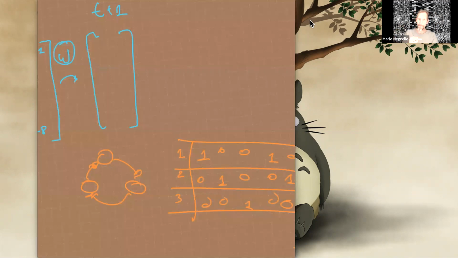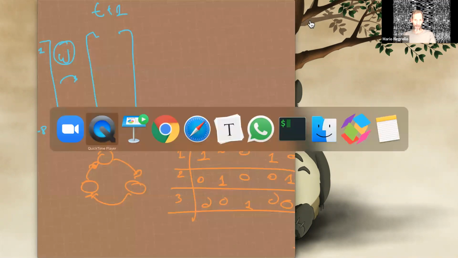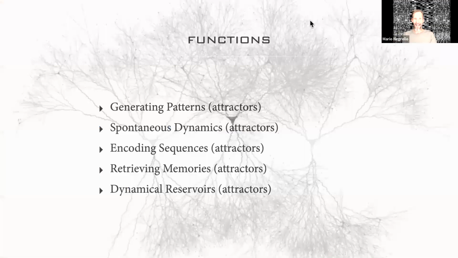You can have multiple coexisting recurrent neural networks, multiple modules, each of which produces its own sequences. You can activate those sequences in different ways. So it can encode sequences. It can retrieve memories. So this is an example that I'm not going to belabor, but is in the lists